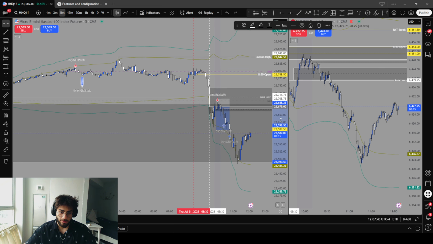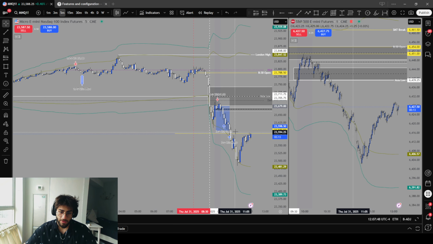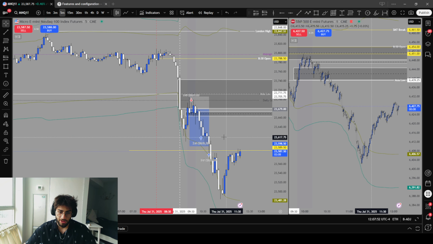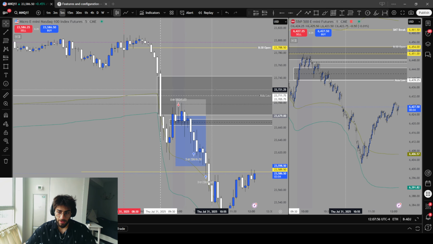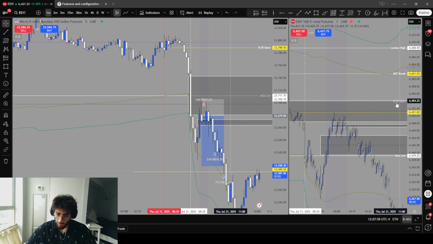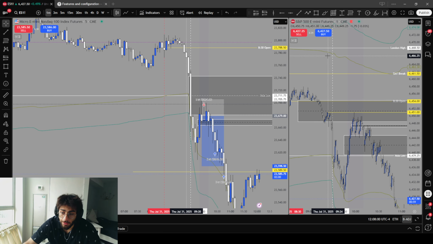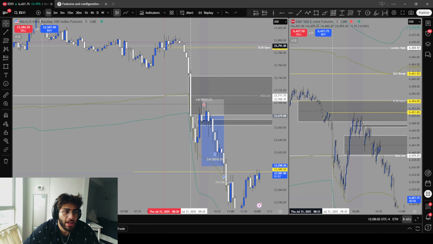Head on over to the lower time frame. I'm going to remove it for now, but this yellow line right here represents the CE, aka the very middle of it, so I'll just keep it there for reference. And I marked out a 5 minute imbalance over here. Okay, first things first, we had an SMT, an internal SMT, that